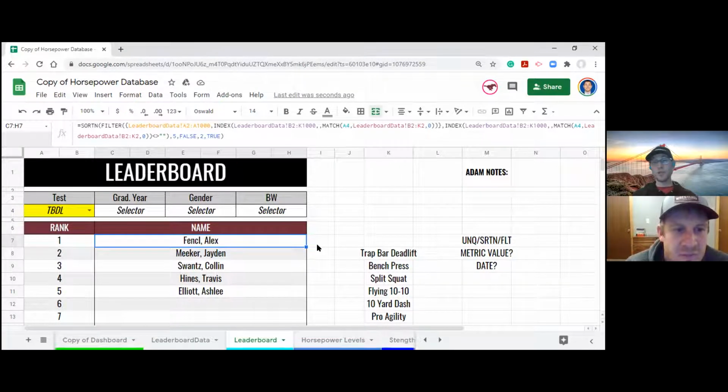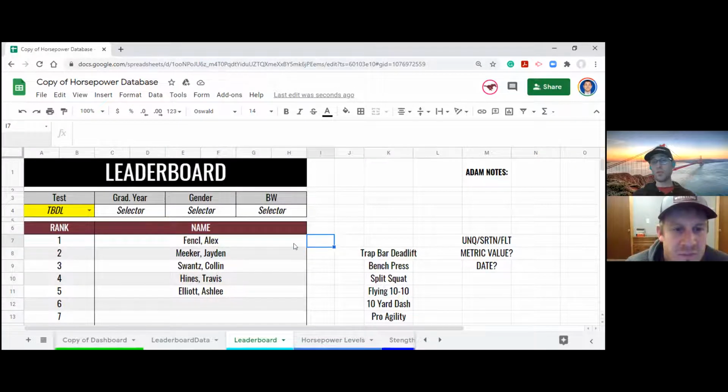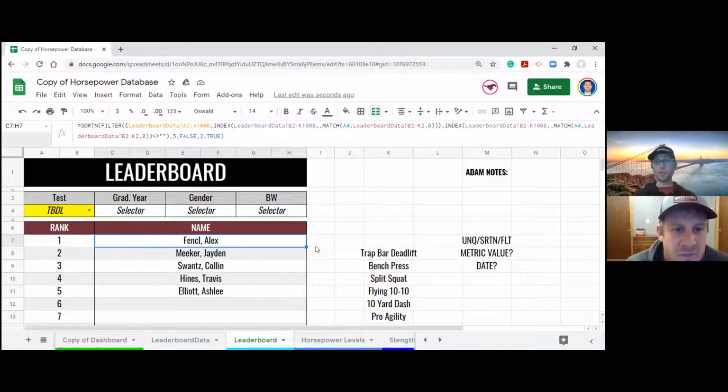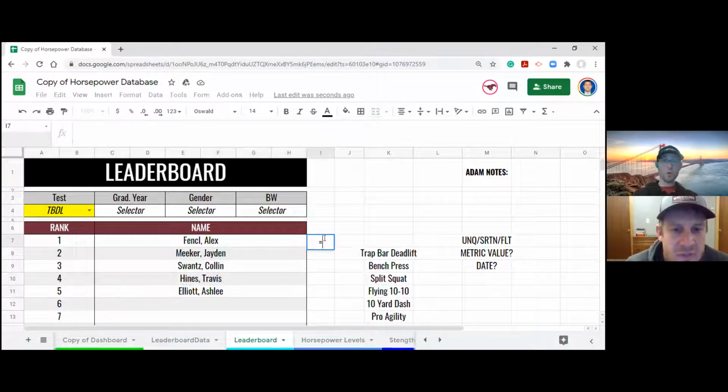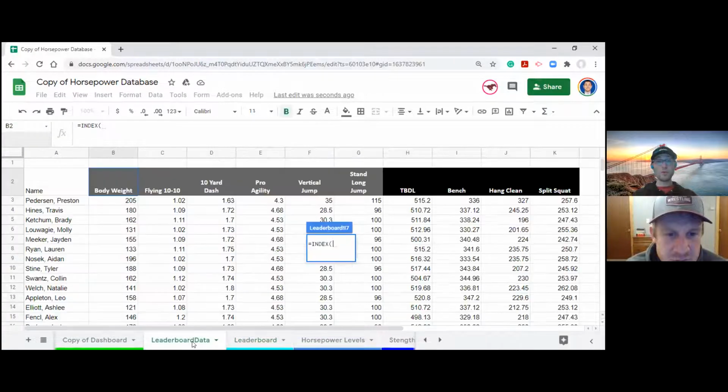So just to check whether this is accurate, and you could actually use this formula if you wanted to bring in the data, we can use INDEX MATCH again here. So here are our names of people. Equals INDEX, open parenthesis. What we want to pull back is the data for this test for each of these people so that we can see whether or not this is sorted, whether or not there's an actual top to bottom list. So let's go to our leaderboard data, and we'll select